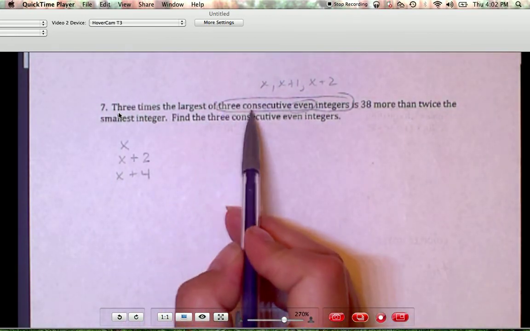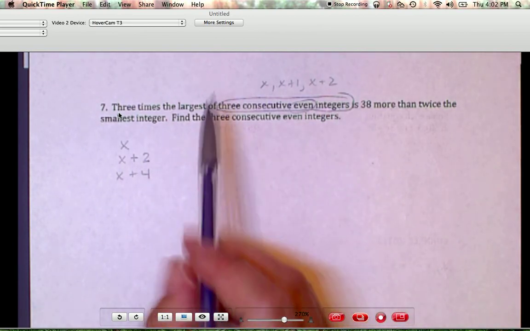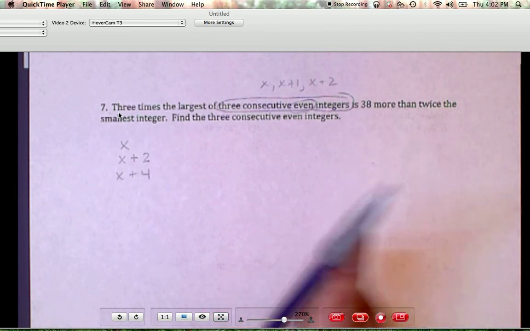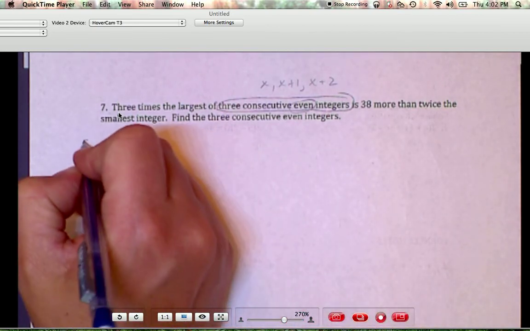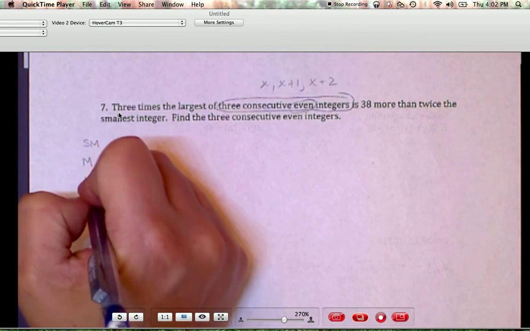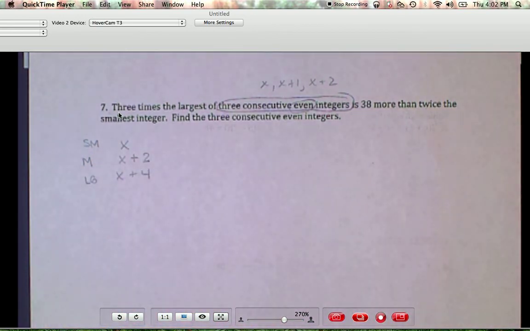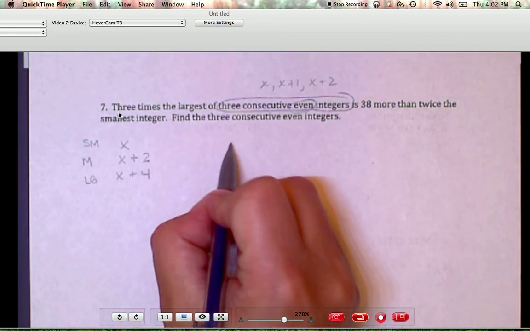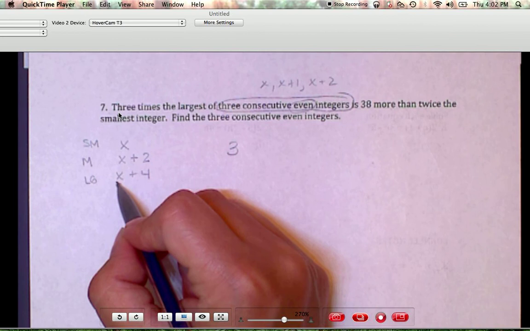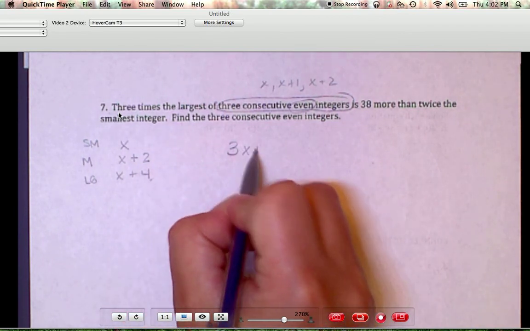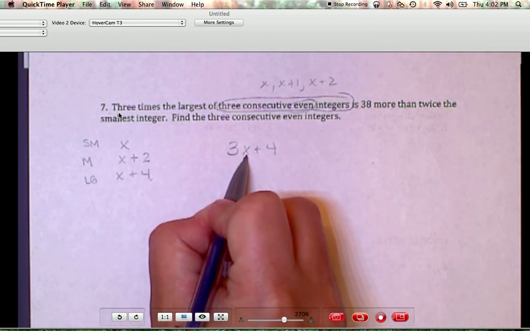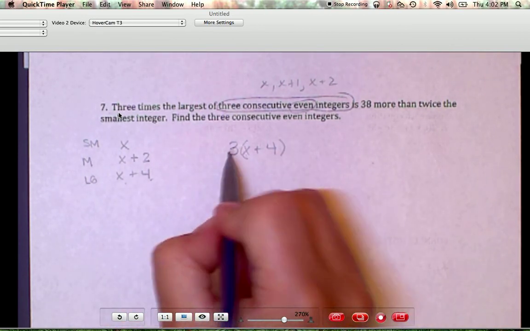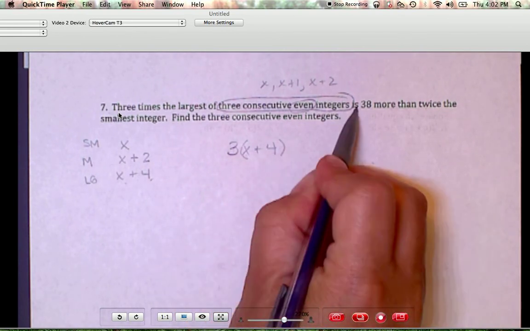Once we have our 3 consecutive even integers, now we'll go back and read again. 3 times the largest of the 3 consecutive even integers. Now let's stop. Maybe we should label these small, medium, and large. It says 3 times the largest. That means 3 times the largest number, which is x plus 4. Now we can't just write 3 times x plus 4 because then we'd only be multiplying the x times 3. We need to multiply this entire integer, so we need parentheses around it. 3 times the largest integer is